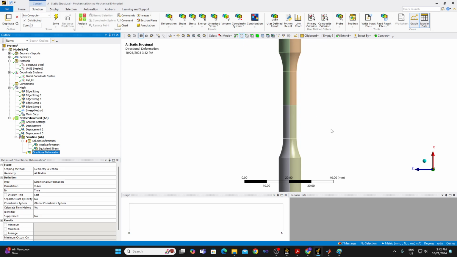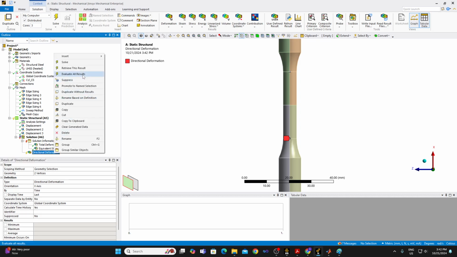So for example, in an actual experiment, you will be connecting an extensometer, and that extensometer would actually measure the distance along x axis for 2 different points. Okay, difference in elongation. Okay, so I am choosing this particular vertex and the top one right here, and applying. So only for these 2 vertices I am checking the directional deformation. So if I evaluate this result,